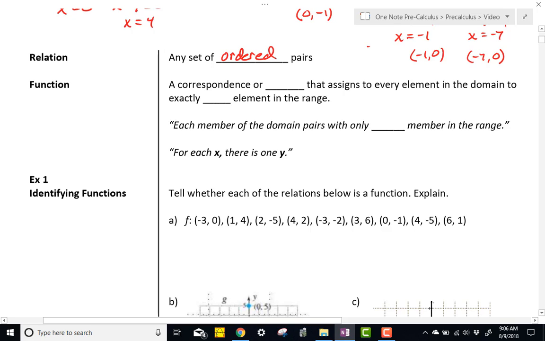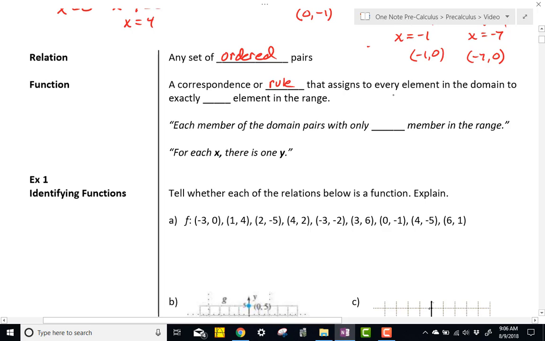So that could be a single coordinate like negative 1, 0. That could be a whole bunch of coordinates, or it could actually be a graph like a parabola. A parabola is made up of a bunch of points. A straight line is made up of a bunch of points. A function is a correspondence or a rule